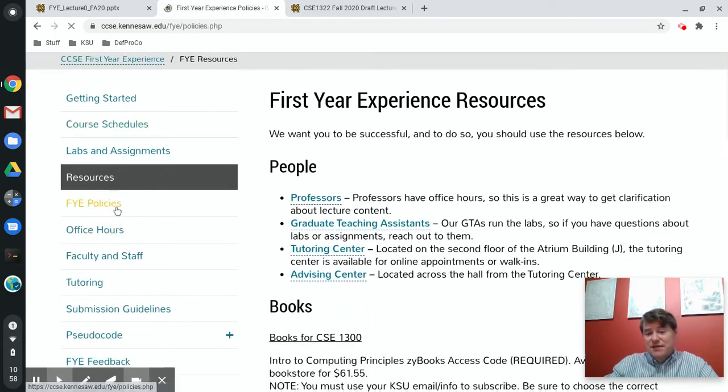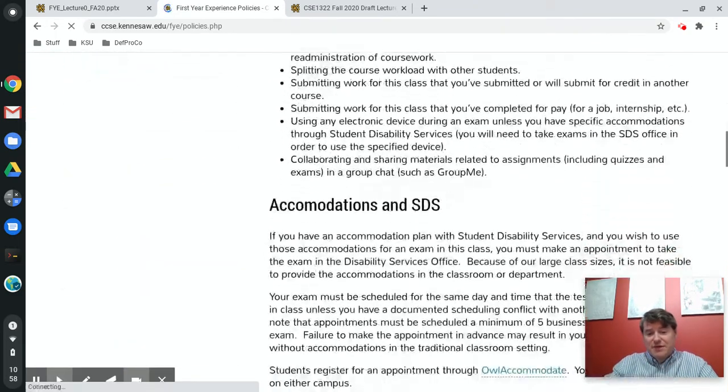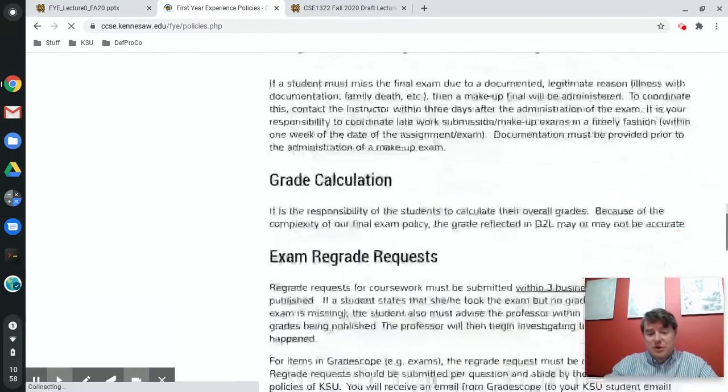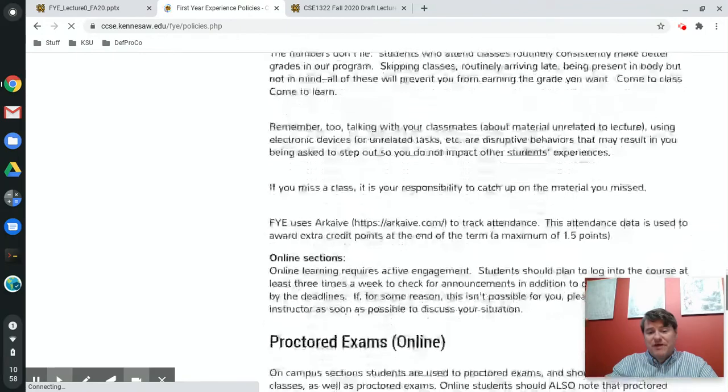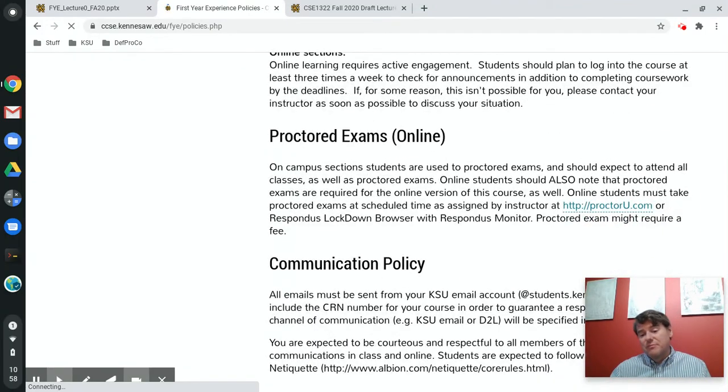The policies are listed here. So you have all the usual academic misconduct, don't cheat, late work, and so on and so forth. I would encourage you to flip through all of that. There are a couple of things that are different this semester from previous semesters. If you are used to an attendance policy in 1321, there is none this semester because of COVID-19. We are not giving any kind of extra credit for attendance. I strongly encourage, attendance is obviously a moot point in this exact section because we're online only. I encourage you to watch the videos. I think you will find them useful, and ask questions, come to the office hours and have questions, do your labs and make sure that you're understanding everything that's going on there.